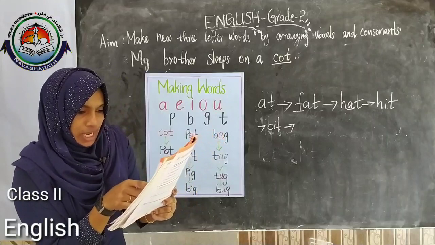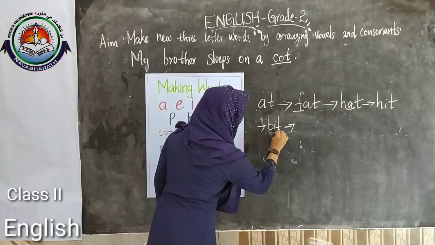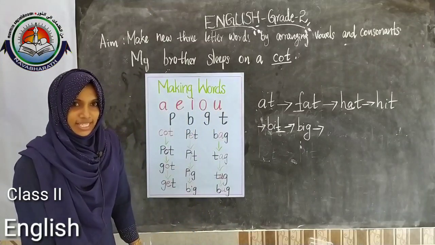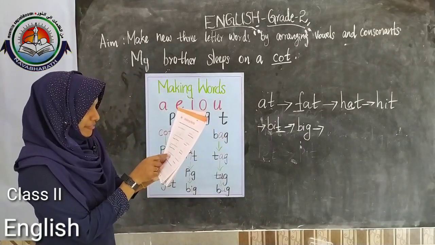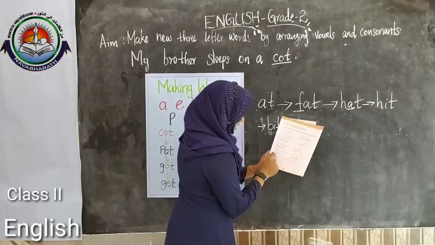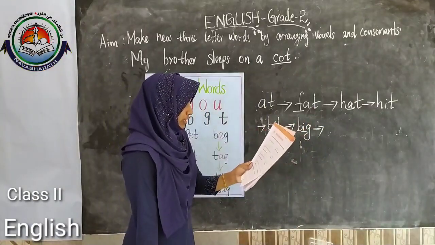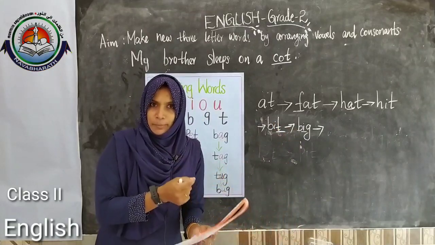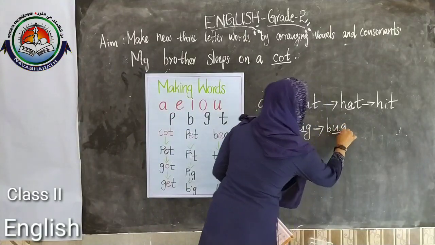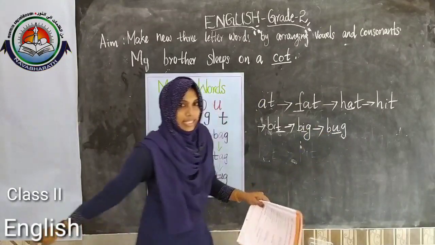Then let's move to the next, E column, opposite of small. Here, bit. When we replace this T letter, we get a new word. It is big. Then next, F. "I saw a small insect on the plant." Which letter do we need to change there? Change this vowel again. Maybe it is a bug. Yes, it may be a bug. Here, we replace this I letter with the letter U.